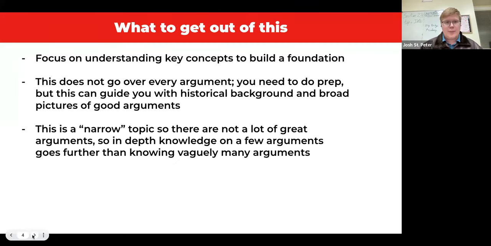Because this is a narrow topic, and some topics have lots and lots of possible arguments, this topic, meanwhile, has probably at most 7 or 8 good arguments on each side. And even then, that's probably me being a little bit generous to the topic. That means there are not a lot of arguments you need to know. You can focus on very concentrated, in-depth analysis of a very few arguments, which is what we're doing here. We're only focusing on 4 arguments each side today, and then doing a little bit more broad coverage at the end.